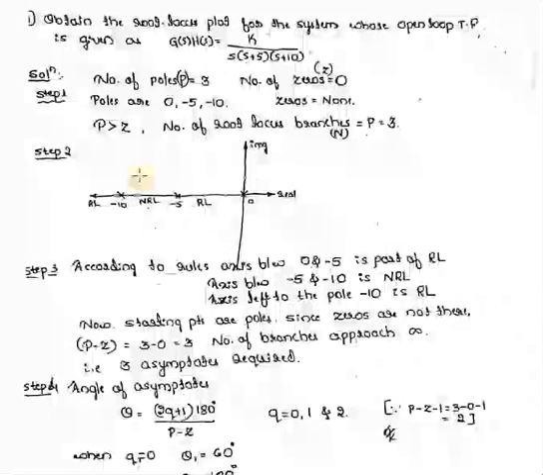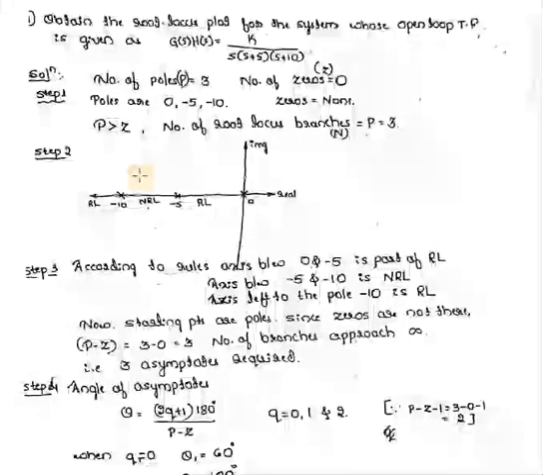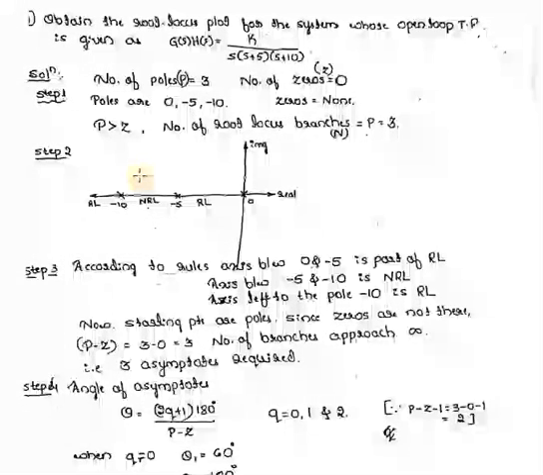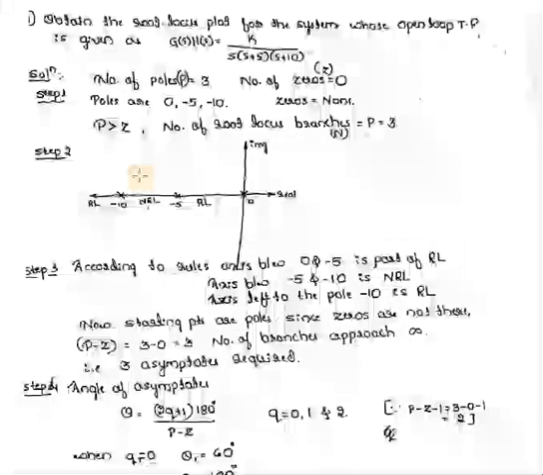So today we'll start with the problems on root locus. The statement is: obtain the root locus plot for the system whose open loop transfer function is given as G(s)H(s) = K / (s(s + 5)(s + 10)). So here